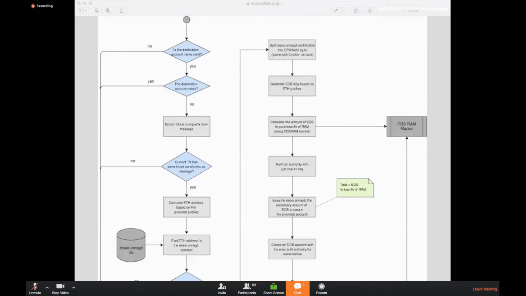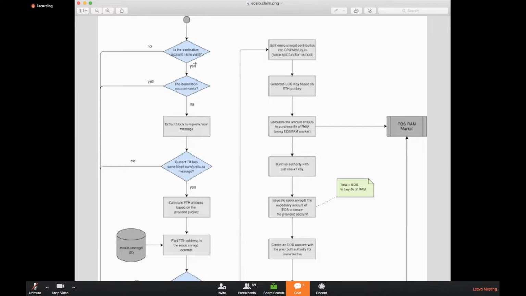So I just want to say, EOS Argentina has been doing an amazing job of fulfilling the promise of unregged. They're fulfilling the unregged promise by filling in the contract what was designed for before that existed.